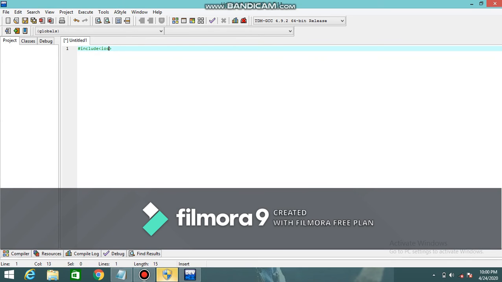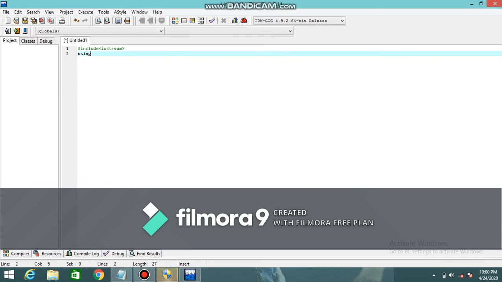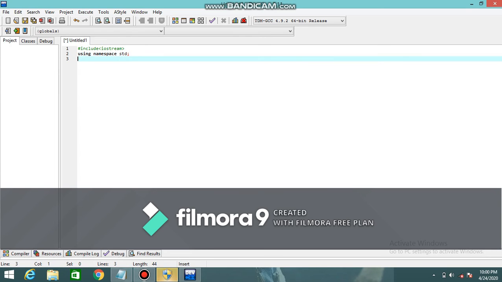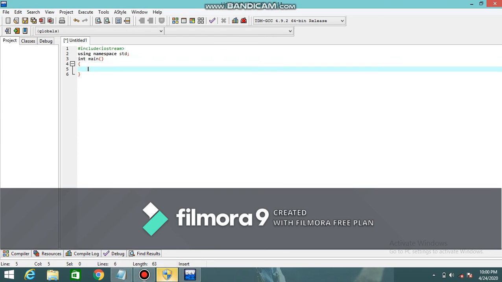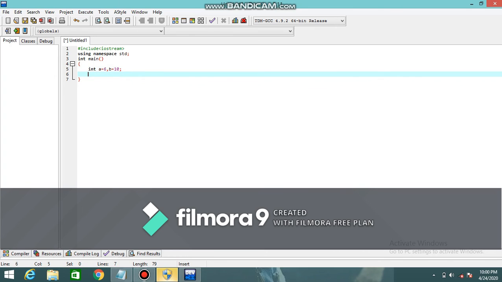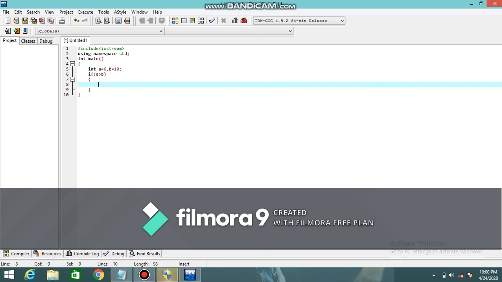#include iostream header file, using namespace std, and the main function. Okay, in the main function, first of all we declare the two numbers, a equal to 6 and b equal to 10. Okay, and we use the if statement. If a is greater than b, then the compiler shows that output, a is greater. Okay,